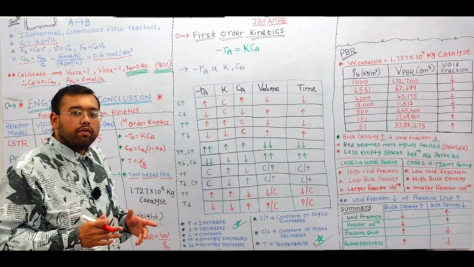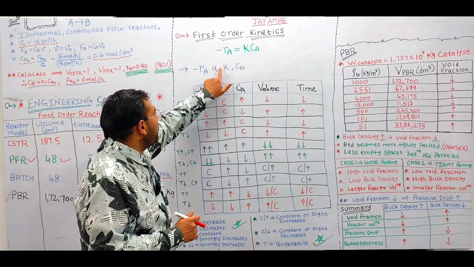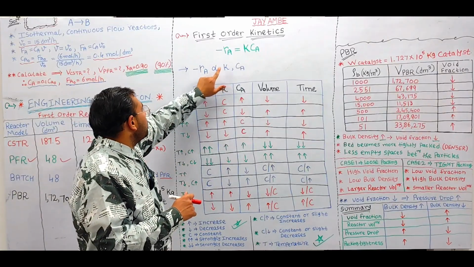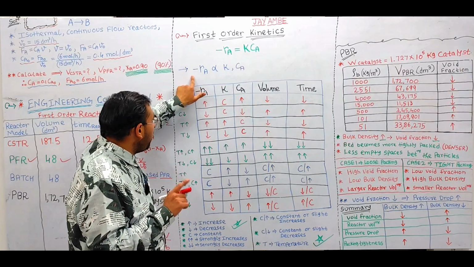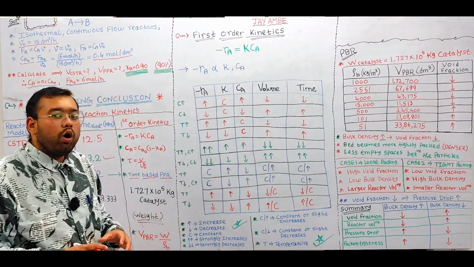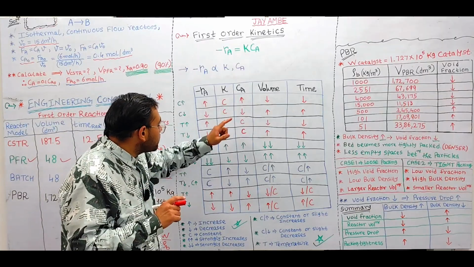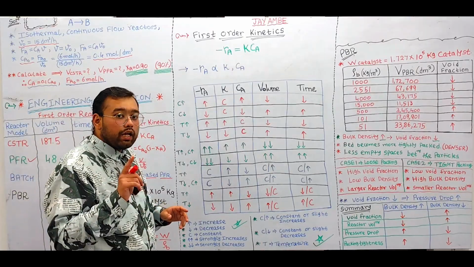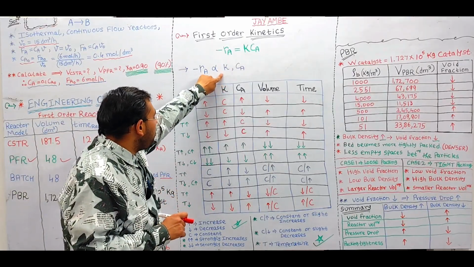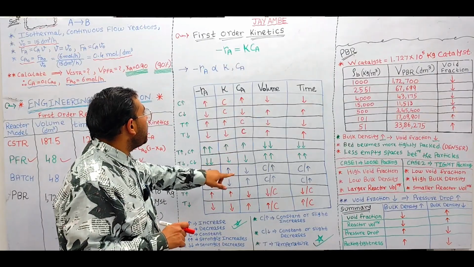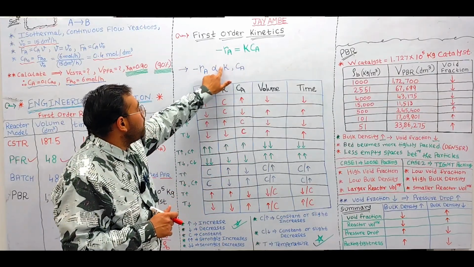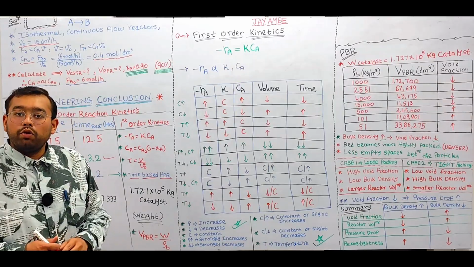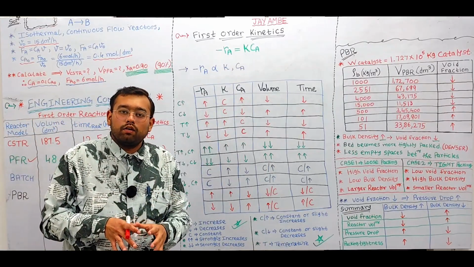Now what if I increase the rate constant value? Due to the direct proportionality, if I increase the rate constant value, the reaction rate will also increase. But now what if I simultaneously decrease my concentration? Now understand carefully. See, in the first case, I have increased my rate constant value, and simultaneously I am decreasing the concentration,